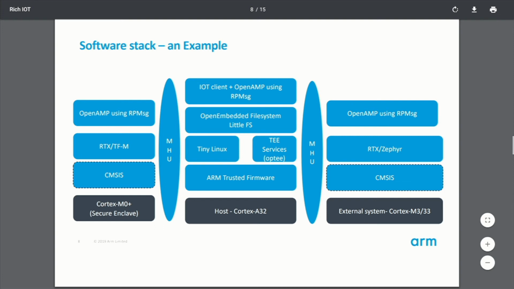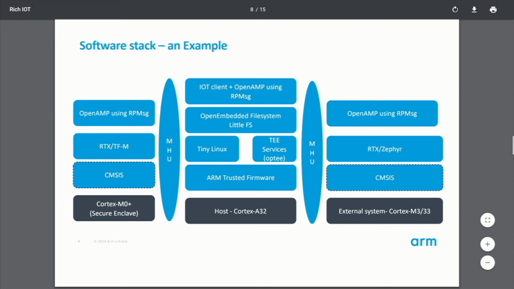And on the secure side, you can run any kind of TEE services. OP-TEE is one option, but till we solve our memory issues, we can't use OP-TEE. And moreover, it's A32, what we have currently, which is R32, and we are running TF-A with SPMIN support in it. And then on application side, we could run any kind of IoT client over there, and OpenAMP is used for